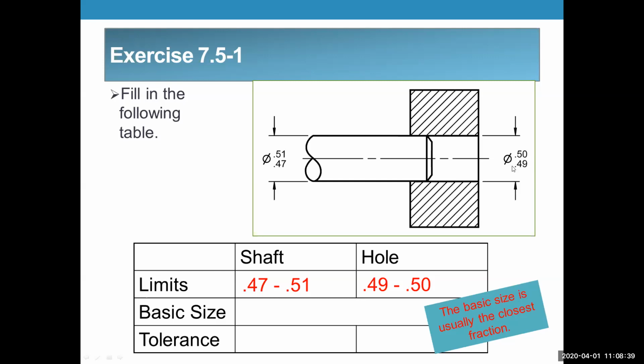So if you go by the rule of thumb that a limit dimension should always show the maximum material on the top and the minimum material on the bottom, then what I'm saying would be correct. We would put the 4.9 on top and the 5.0 on the bottom for the hole, because that's maximum material. And that should be on top. Here, maximum material is already on top. But the